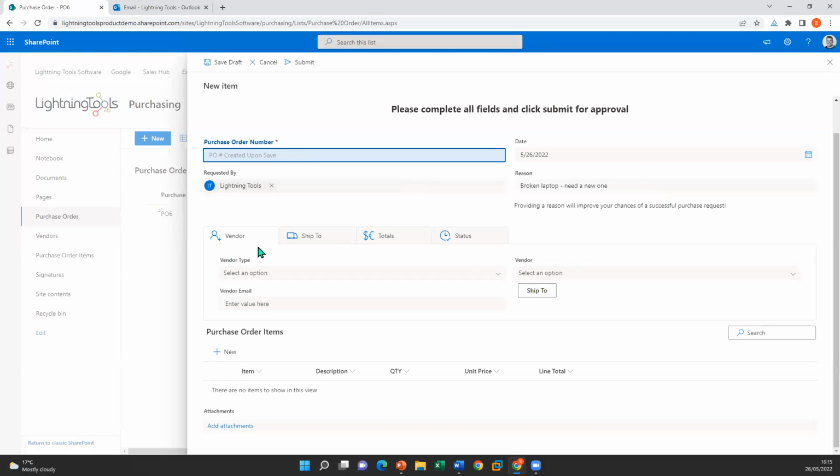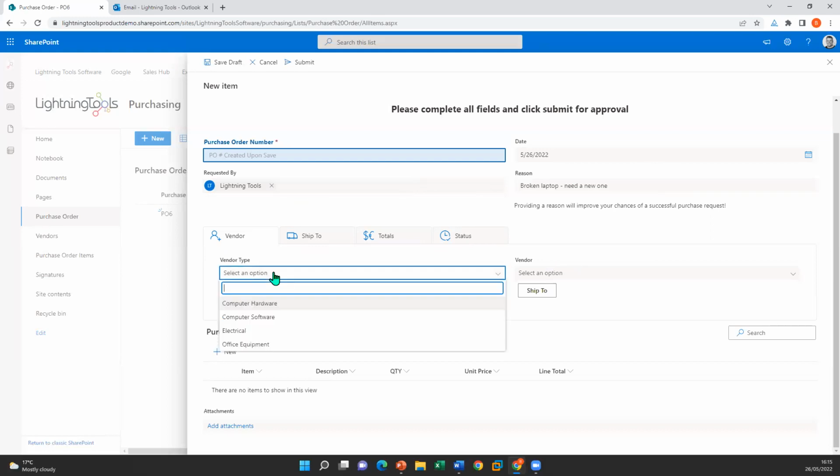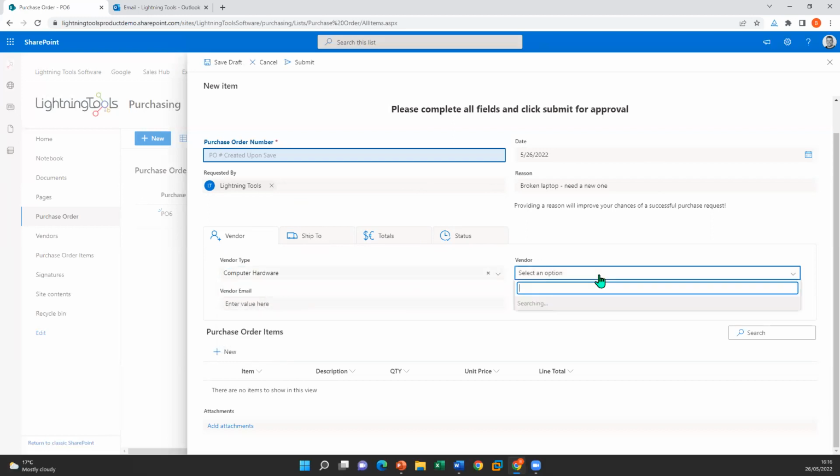And then down here in these different tabs, I can go through and select, first of all, my vendor. Now, notice that we've only seen one of each category, and there were multiple of each category. So we've got a cascading lookup here. So when I choose computer hardware over on the vendor list,